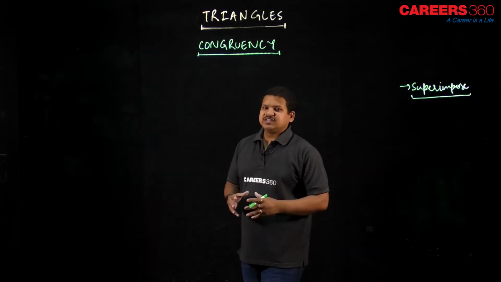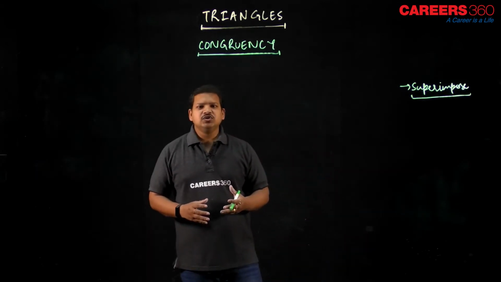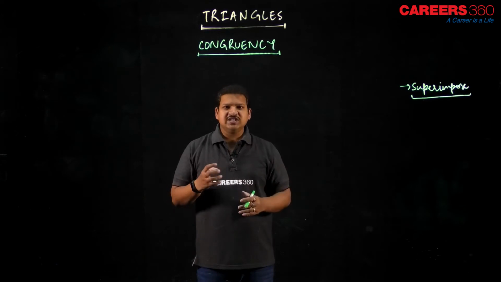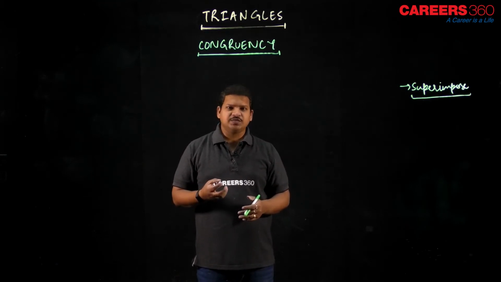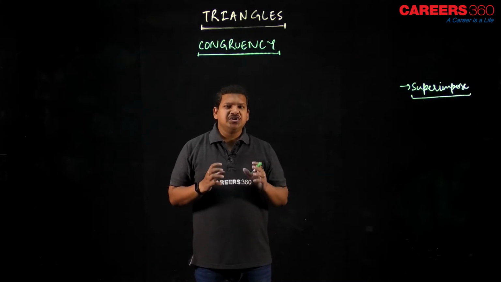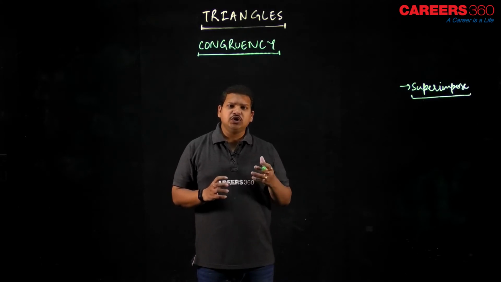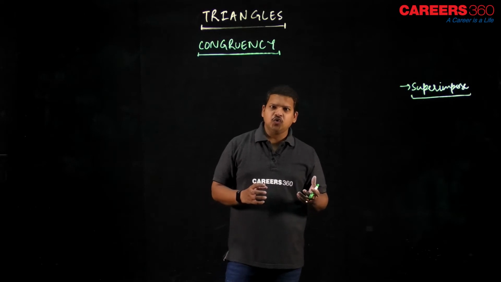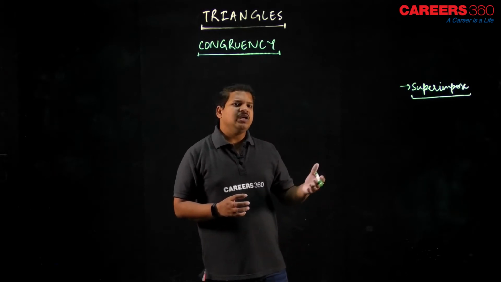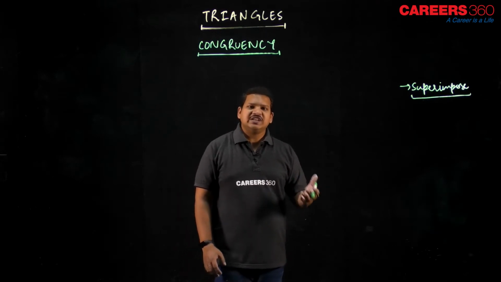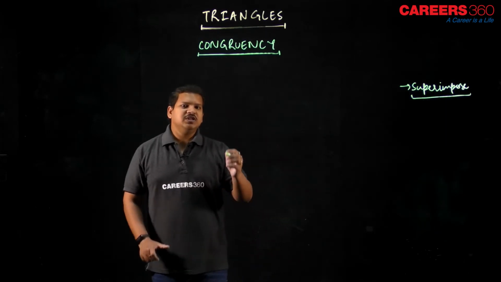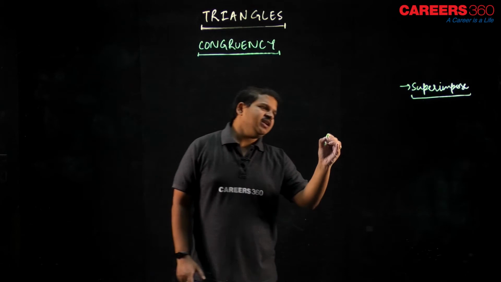So if I talk about congruency, what is congruency? Congruency is a property, an observation in shapes. Two triangles, two shapes, or two rectangles can be congruent if and only if they can superimpose each other. For example, this is triangle